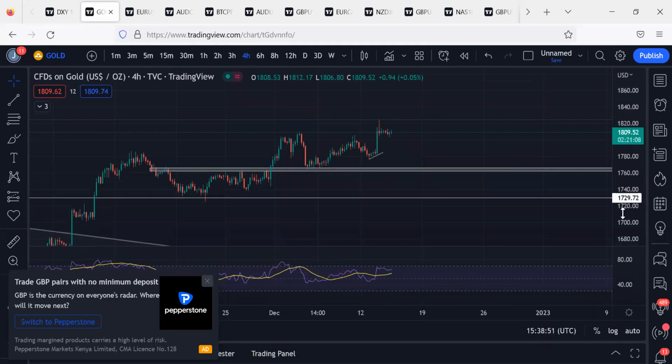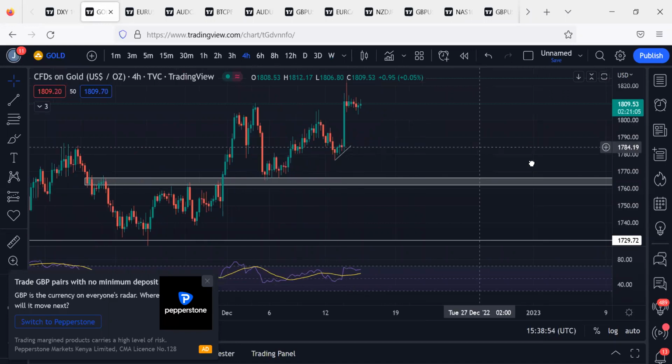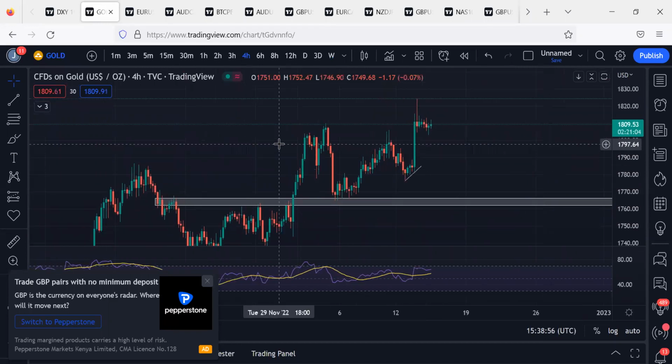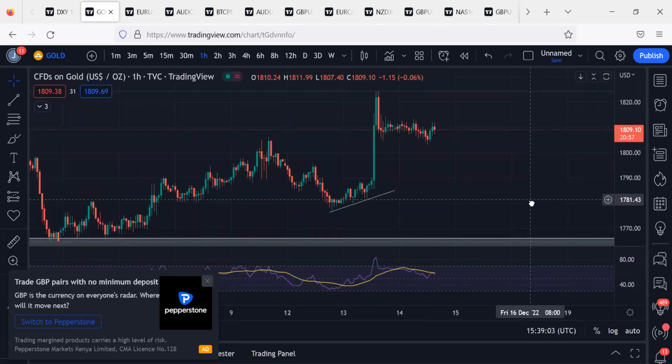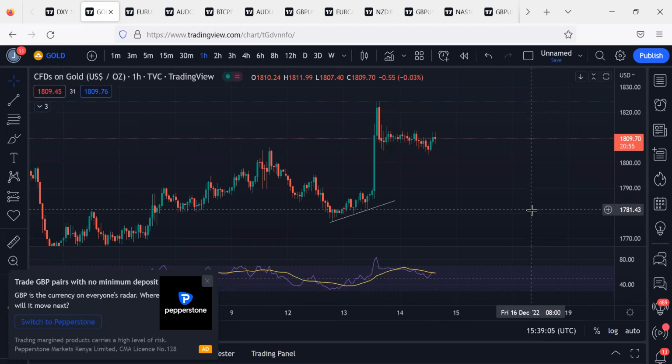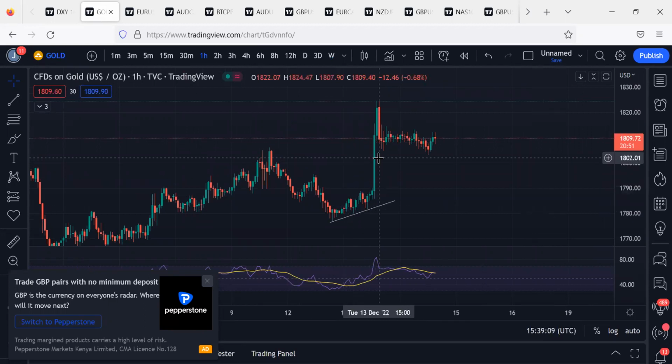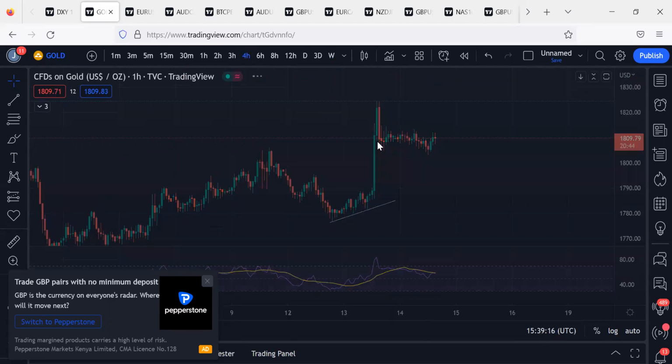Now the market is still consolidating, waiting for whatever will happen on the FOMC. And if I'm to give my analysis on whatever is going to happen in the FOMC today, because of CPI yesterday, the US will not be so foolish to just dump dollars. It will just increase by 0.50. That's my psychological analysis. You can do your analysis yourself to find out whatever is going to happen. So I am here for now.